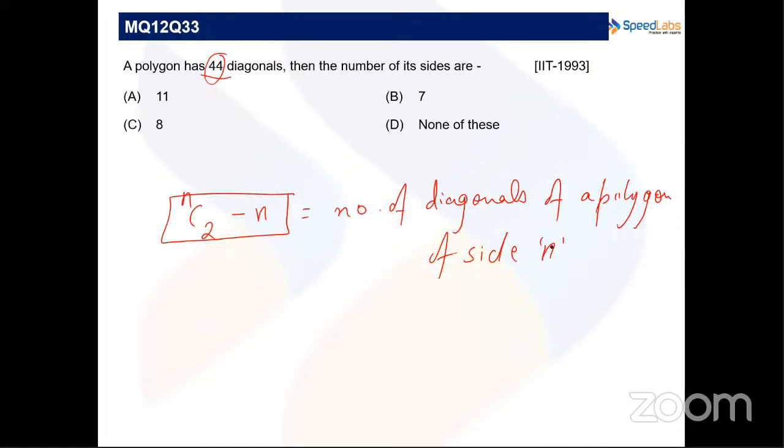But how are we going to remember this? What you can do here is, if you have a triangle, then there will be no diagonal. But if you have a four-sided polygon, then you can see you have only two diagonals. So how can these two diagonals be made? First of all, I need to select any 2 points on the polygon. So in how many ways can we select any 2 points? If we have, let's say, an n-sided polygon,